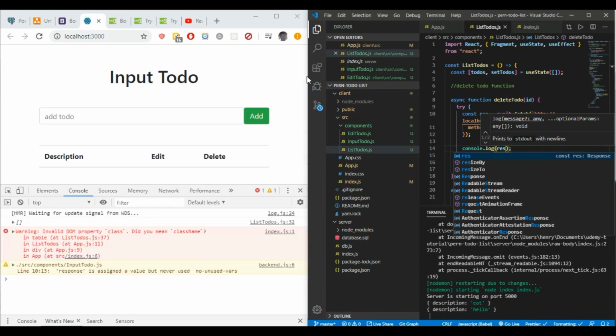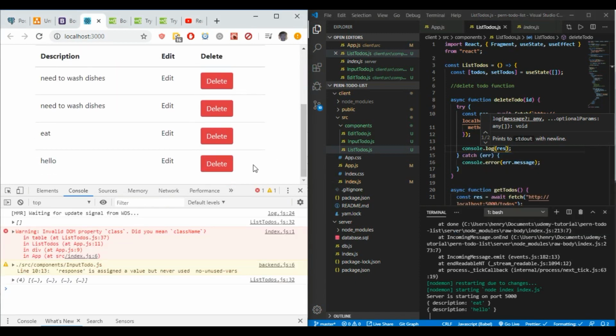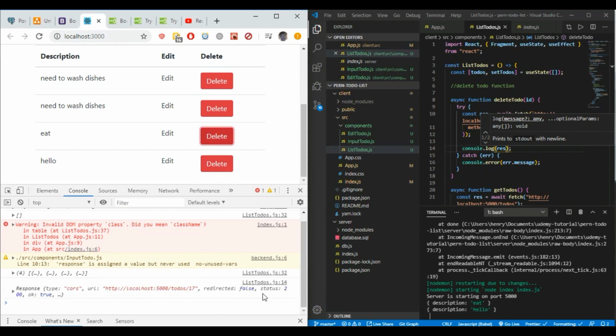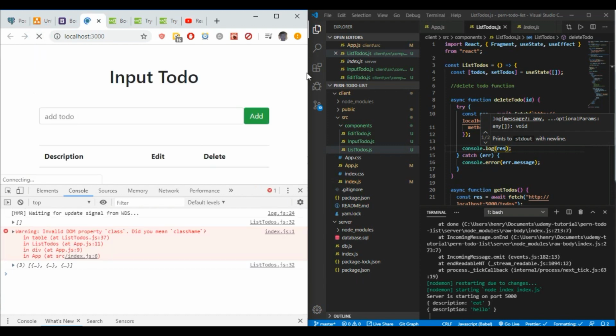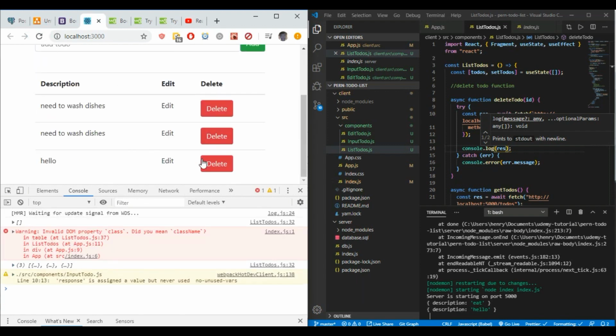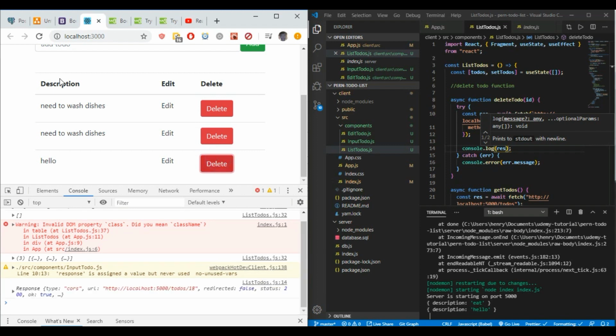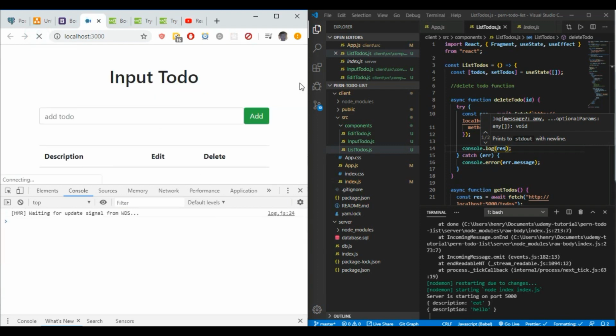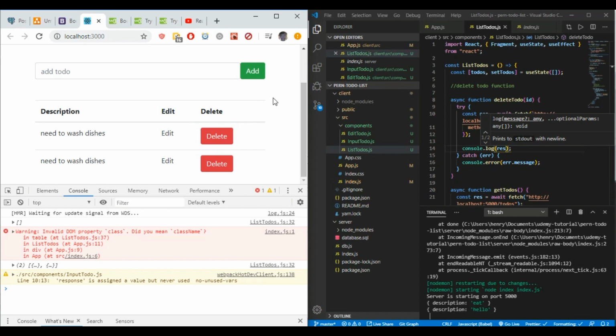So now, if I go inside here, and I decide to click delete, let's hope this works, we have a status of 200, so let's see if we refresh this. Nice, so we are able to delete the data. And we'll just try one more time, just to double check. And hello should be gone. Awesome. Okay. But the thing is that I don't want to keep refreshing it,